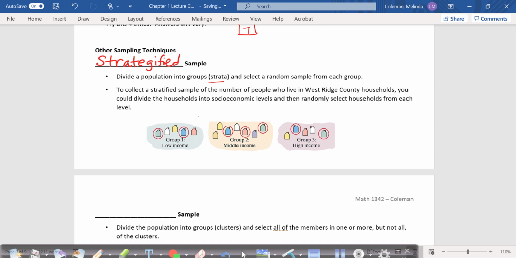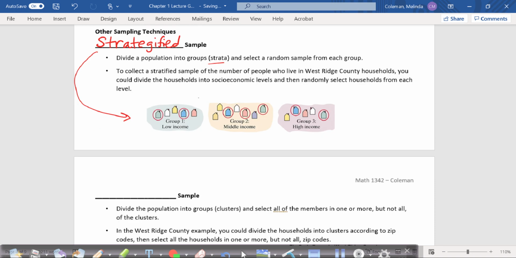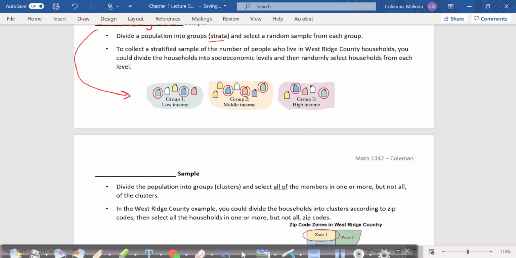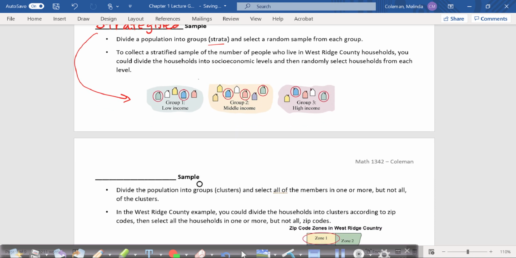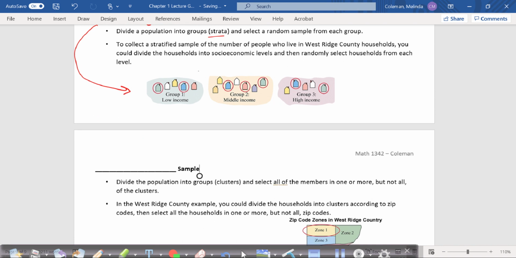To collect a stratified sample of the number of people who live in West Ridge County households, you could divide the households into socioeconomic levels and then randomly select households from each level. So it's sort of leveling, giving us one more layer or one more level so that we can really dig deeper into whatever the results of your survey or your questions are going to be based on